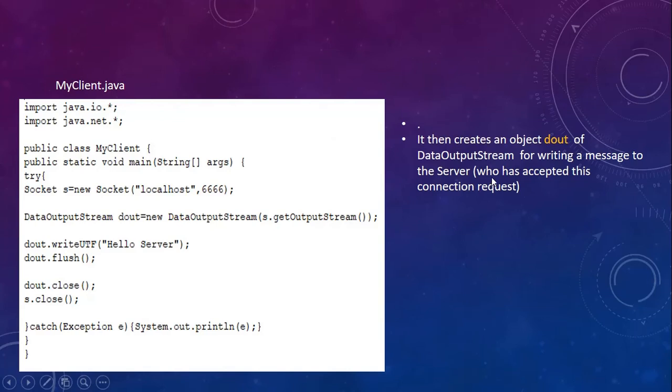So since the client is going to send some message to the server, I have created a data output stream object called dout, and then using dout, I am using this function called writeUTF. writeUTF is basically used to write the data to the server, and it is writing the message hello server to the server.